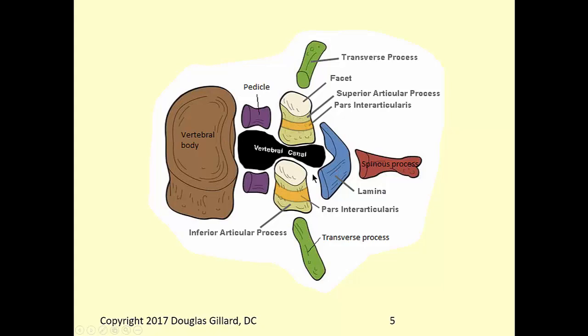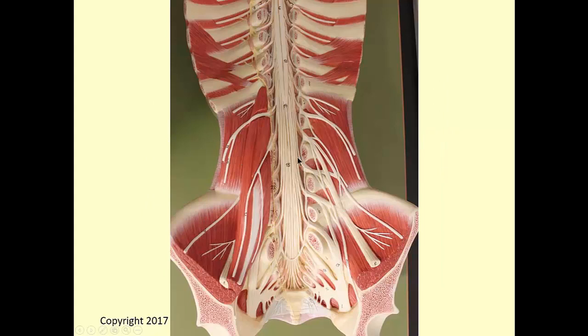Okay, the posterior arch, I didn't label it, but you need to know it has a roof. So this is the roof of the posterior arch, is the lamina. The floor of the posterior arch is the vertebral bodies and the disc. All right,